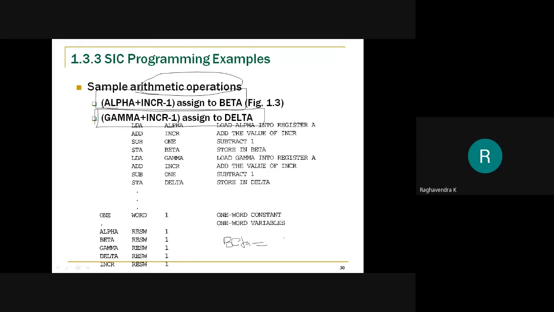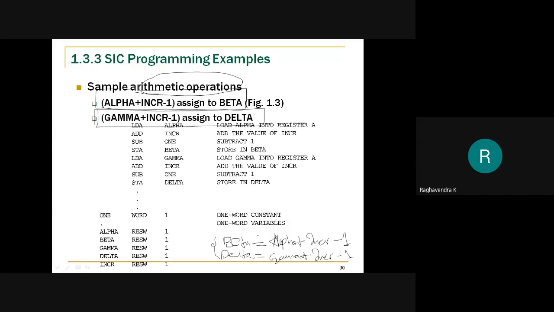Similarly, there is one more equation: delta is equal to gamma plus increment minus 1. So we have to write a program for performing these operations.